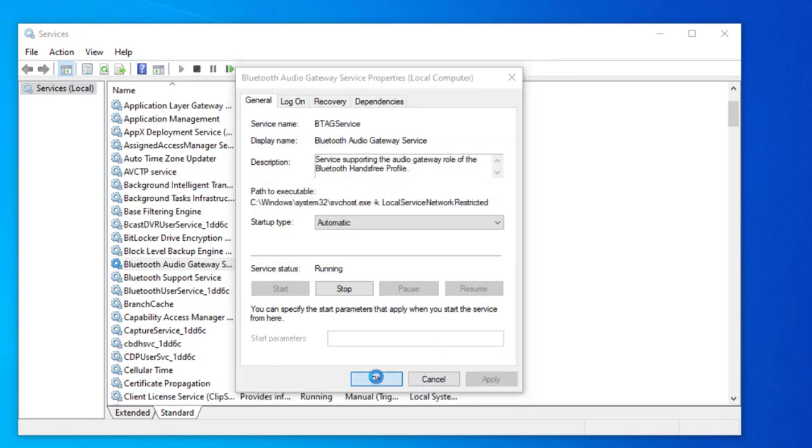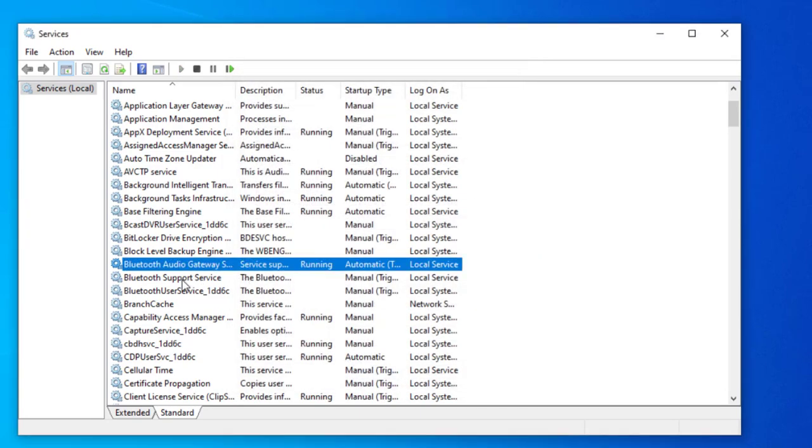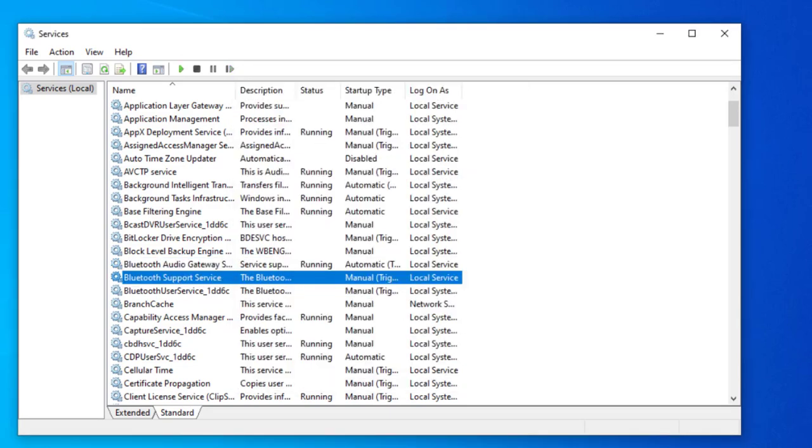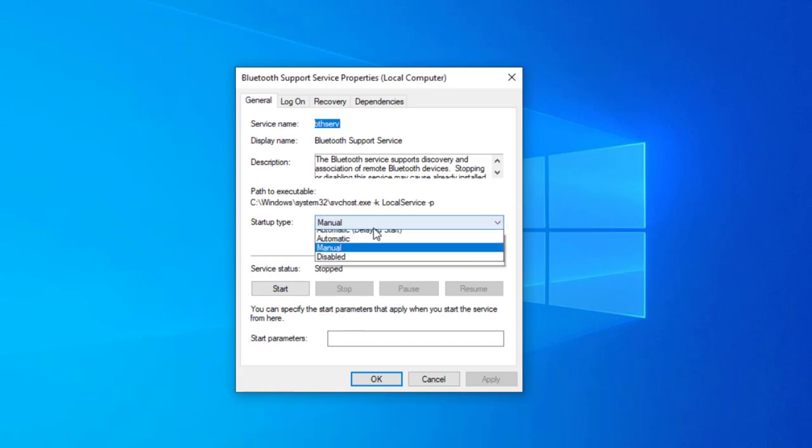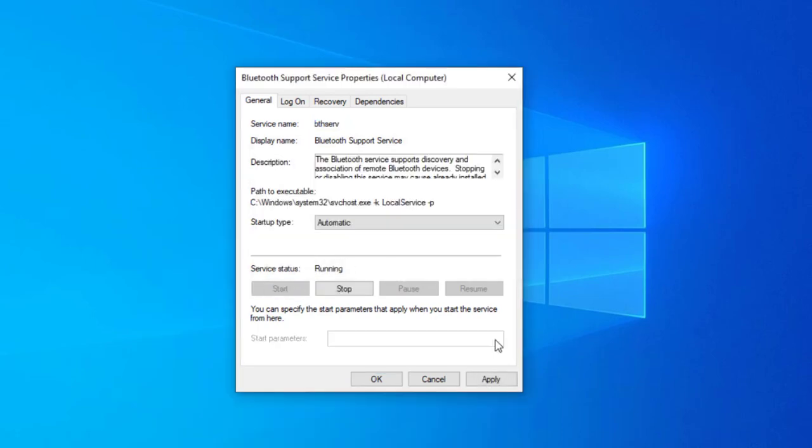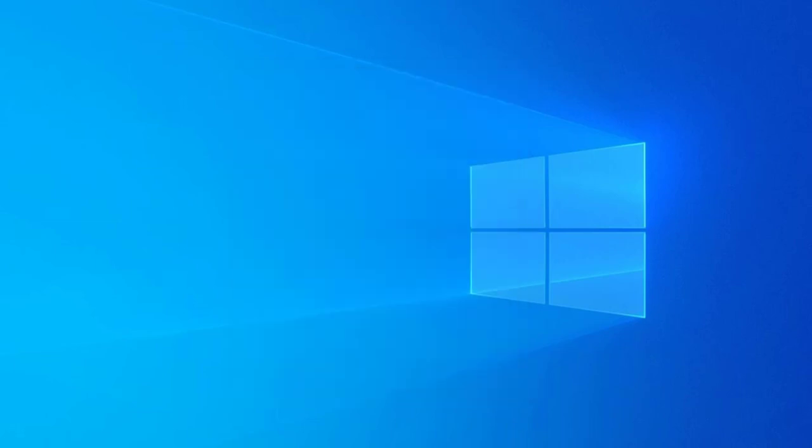and apply. Okay, and it was Bluetooth support services, double click on it, and the same way you need to do it. Automatic, start, apply. Okay,